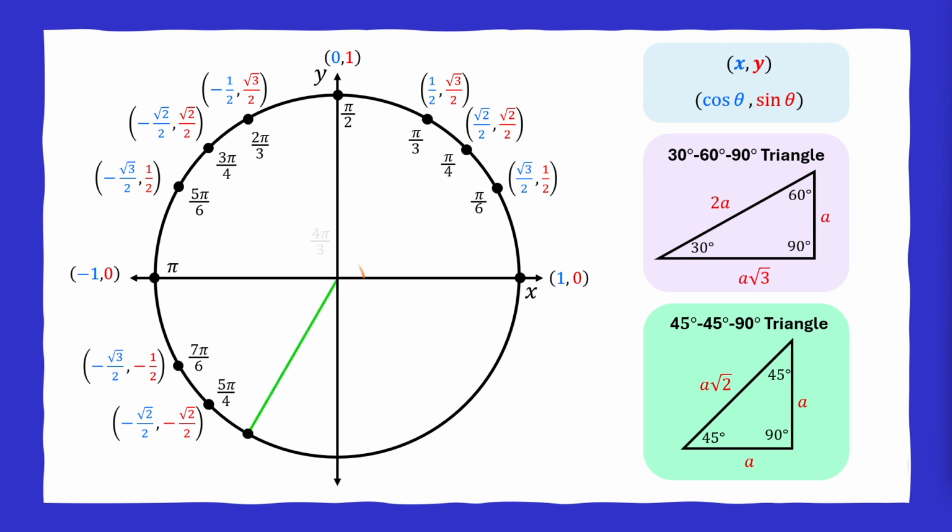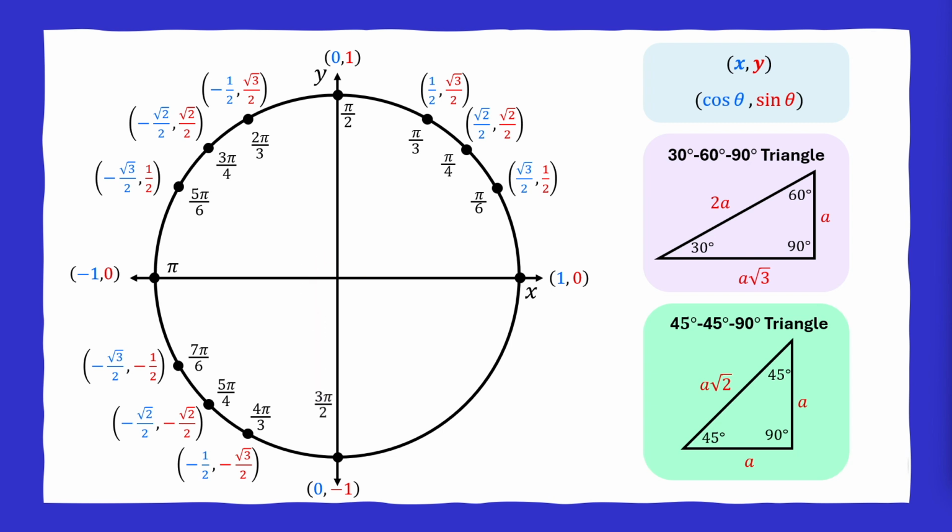At 4 pi over 3 radians, the reference angle is pi over 3. The triangle is in the third quadrant. Both coordinates are negative, resulting in negative 1/2 for the x value and negative square root of 3 over 2 for the y value. At 3 pi over 2 radians, the terminal side lies along the negative y-axis, meaning no reference triangle is formed. The point on the unit circle is directly at 0, -1, giving a cosine value of 0 and a sine